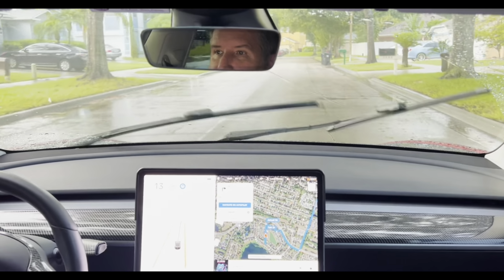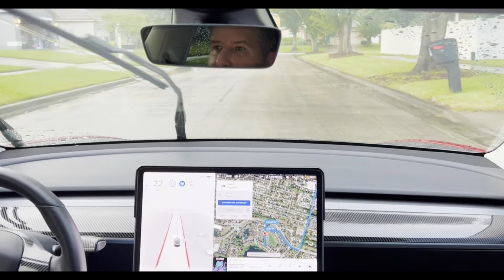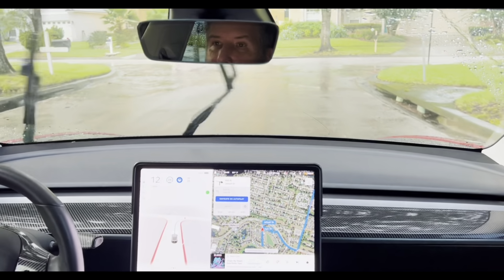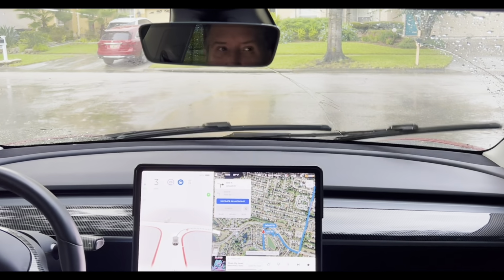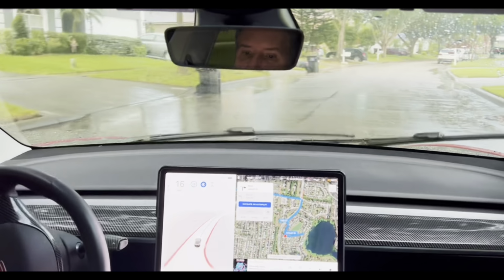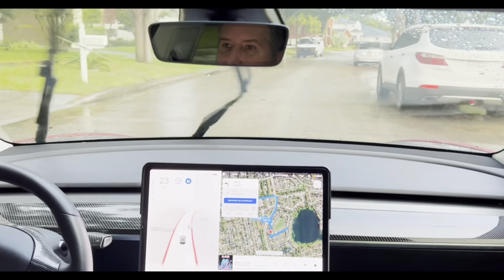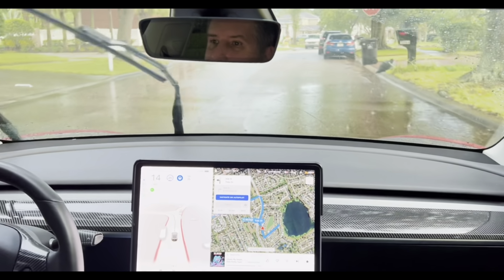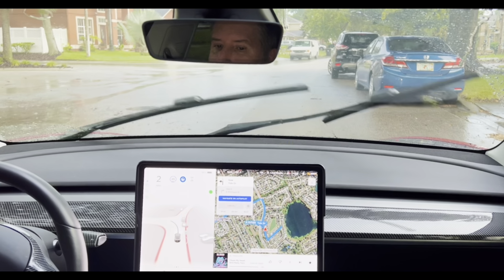So I have noticed that in this beta version it is very, very picky. First of all, on how much you touch the steering wheel, but also how you pay attention to the road. So it's taking the turn here pretty well. So here's the spot that I'm talking about, and you can see it actually navigates. Usually there's more cars here, so this should be interesting because there's a car here right in front of the stop sign. So let's see how well it does